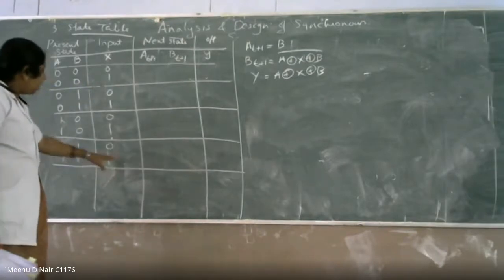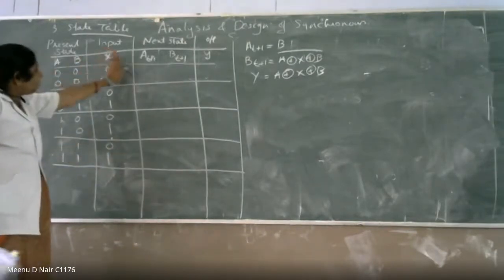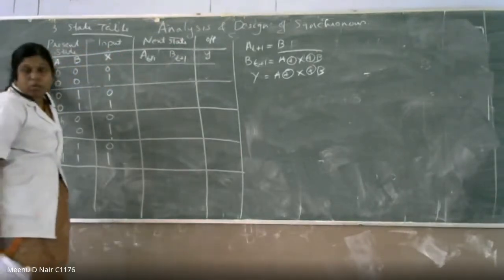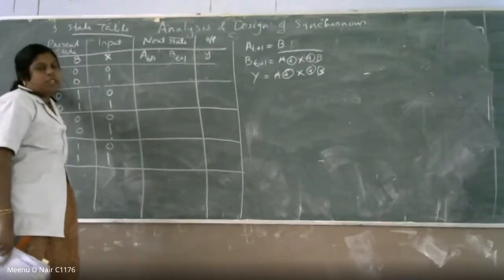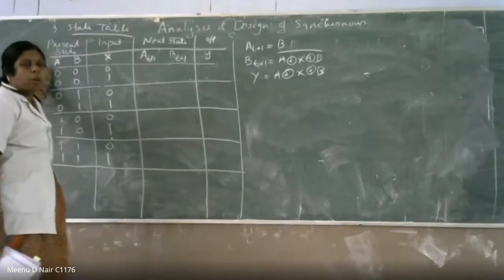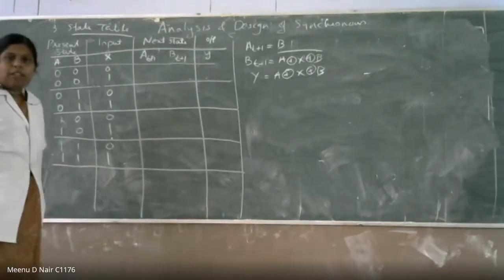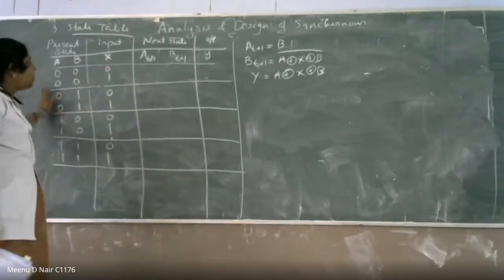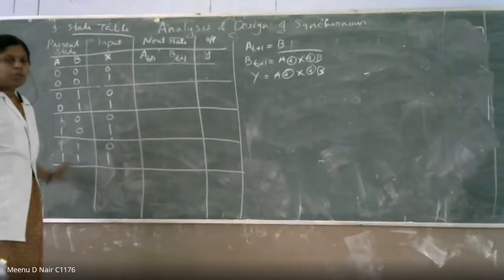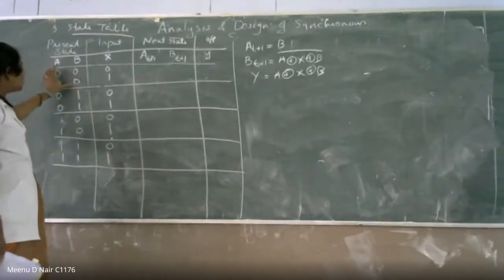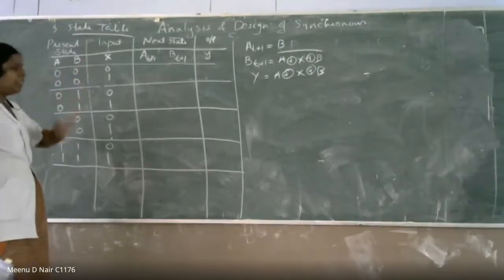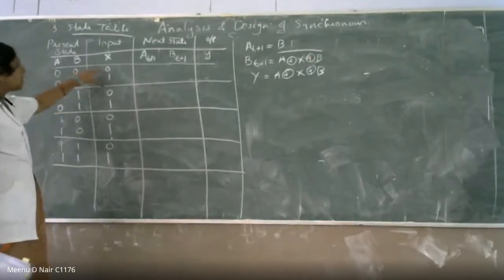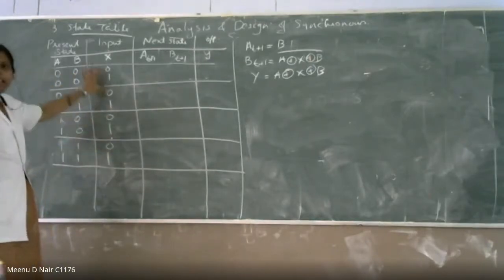So what is the output? If you write, you only check what the inputs are on this side. You have two present states, because two flip-flops were there, and one input is also there. So you have to write all the possible combinations from 0, 0, 0 to 1, 1, 1 in order. If you write it in order, all the combinations will automatically come. So you don't bother about the explanation. Only thing you have to do is write the combinations from 0, 0, 0 to 1, 1, 1. It will automatically arrange in the same order.